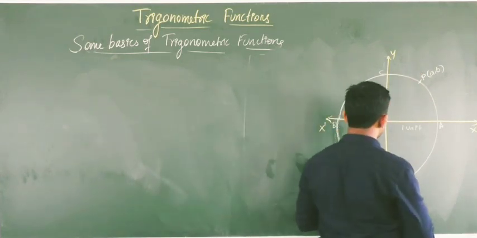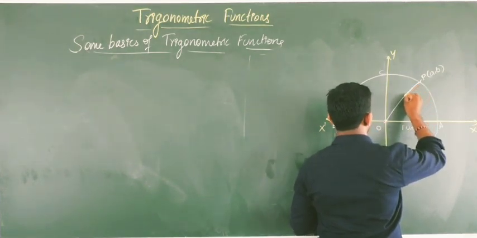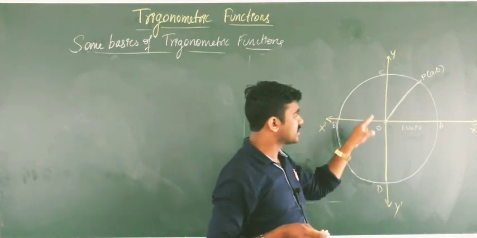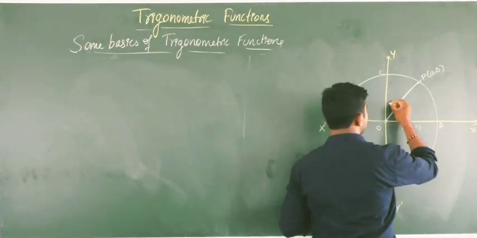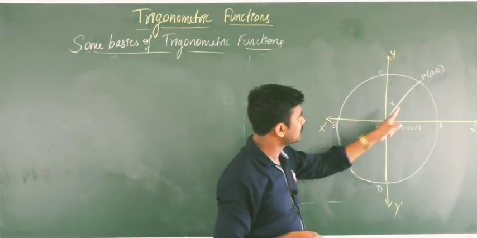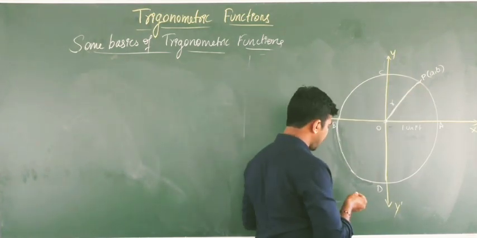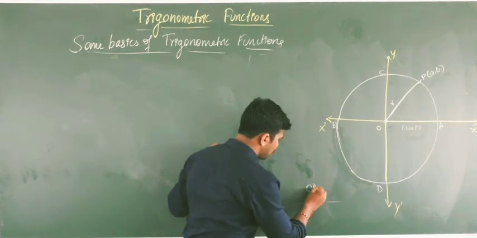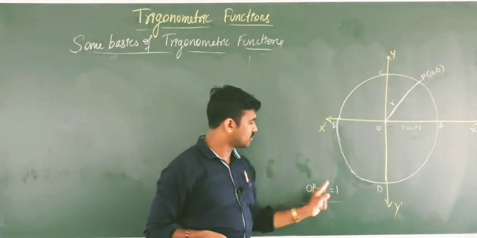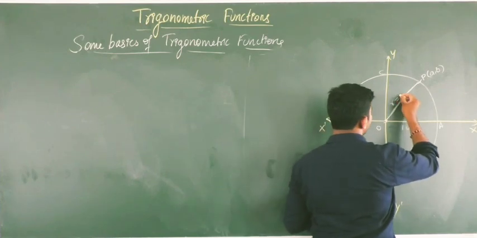Now, see, this will be the radius of the circle. You know, the distance from the center to any point on the circle is called the radius. So clearly this is equal to r. Now radius is nothing but OP. OP is equal to 1. The length from O to P, origin to the point P, is 1 because the radius is 1 unit. So its value is nothing but 1.